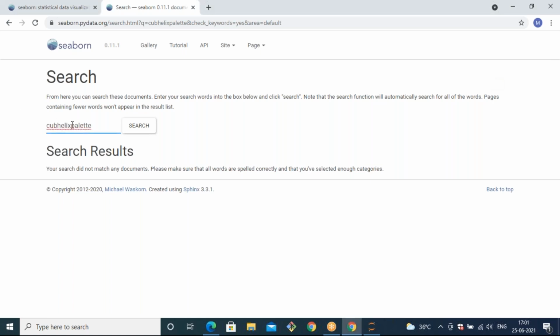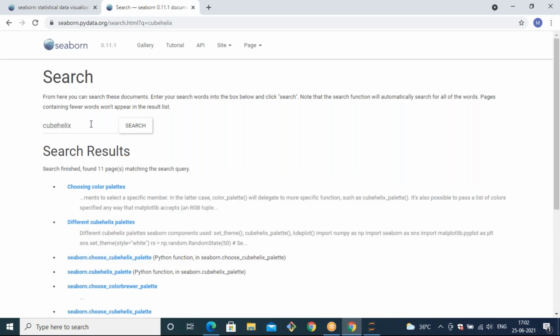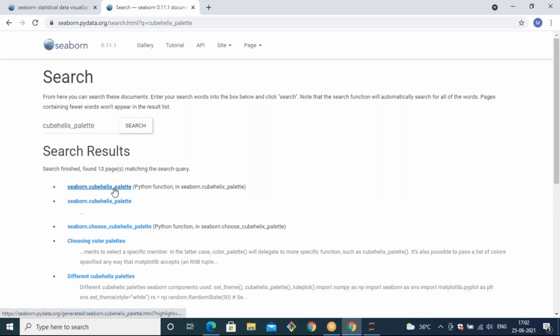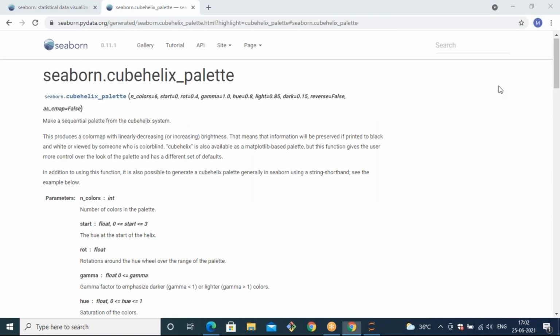So it is a method, cube helix underscore palette. When you open this cube helix underscore palette from the results, you will observe some description over there in the Seaborn.